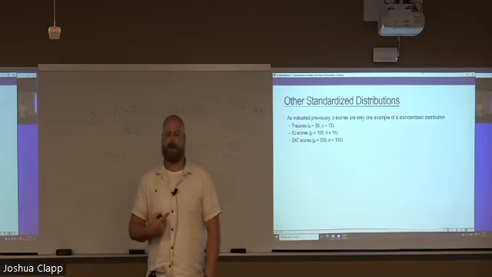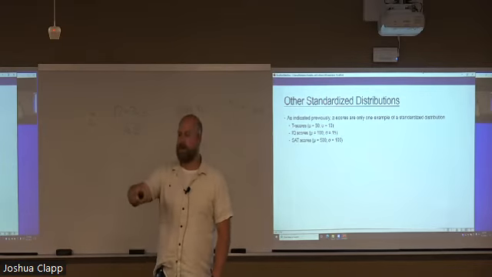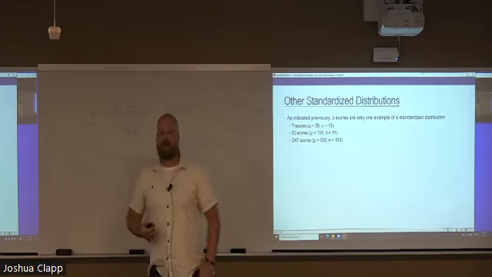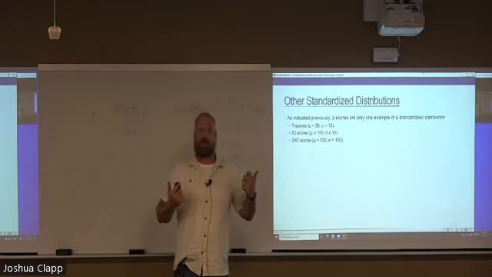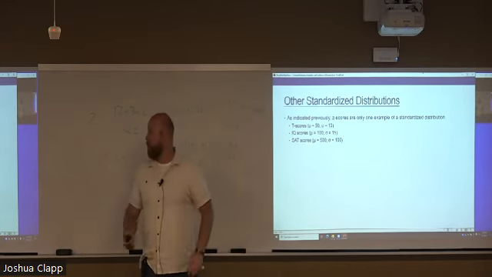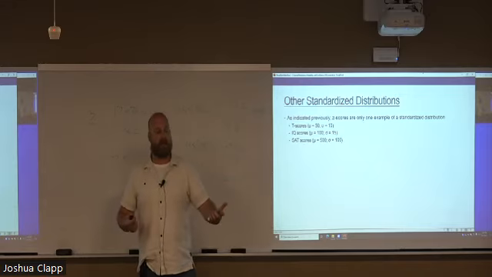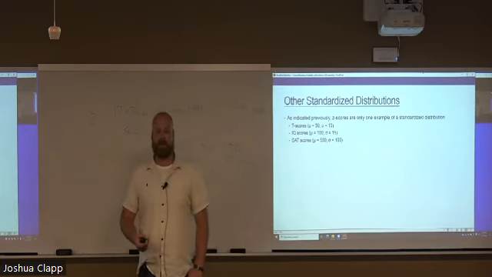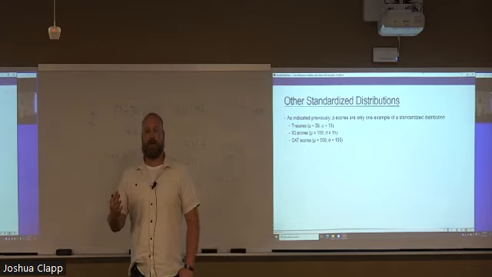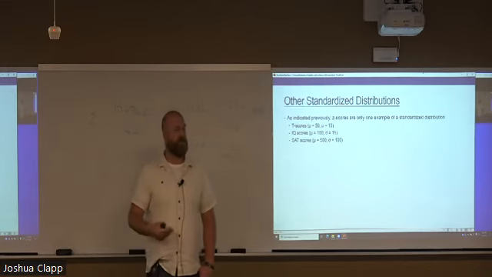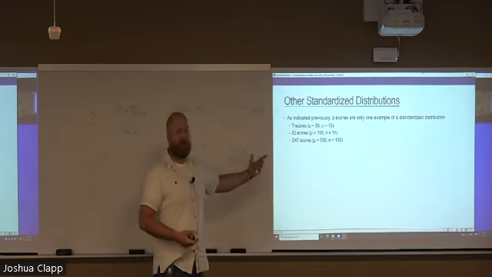Katie, did you have a different example? Okay, okay. So now we've got a T-score. A T-score is just the same distribution. It just has a mean of 50 and a standard deviation of 15. SAT scores have a mean of 500 and a standard deviation of 100. We can play around with this all day. These are just standard metrics that people, for whatever reason, have decided to use. But the mean and the standard deviation